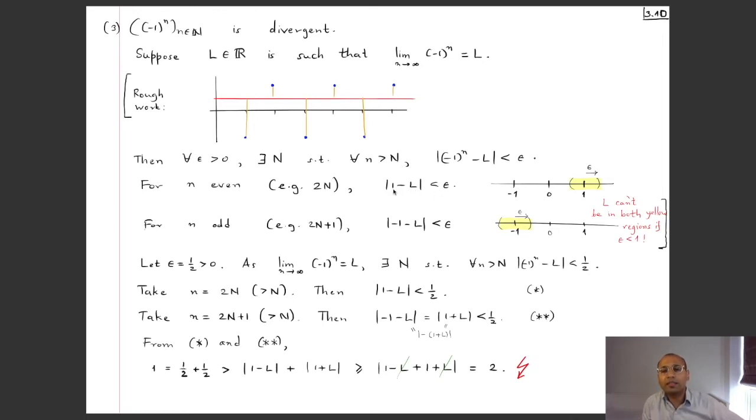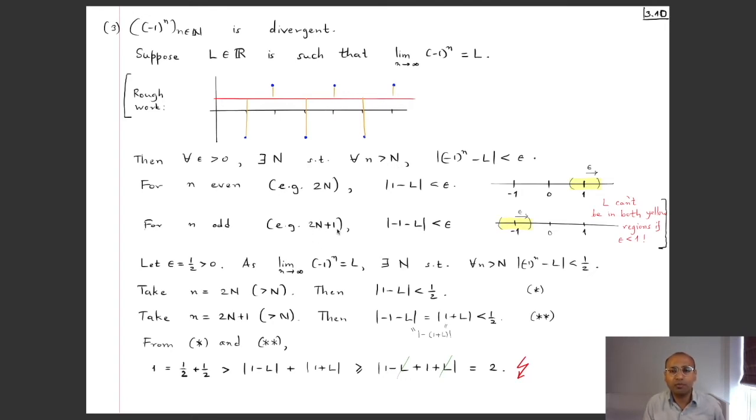That means that the distance between 1 and L is less than epsilon. In other words, L lies within a distance of epsilon from 1. So it lies in this yellow open region, right? Now for n odd, and bigger than this capital N, so for example, if I take 2 times capital N plus 1,